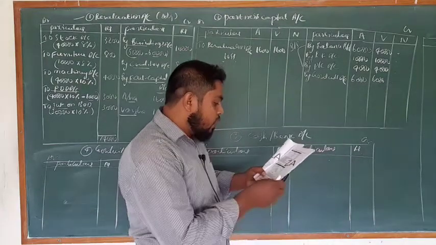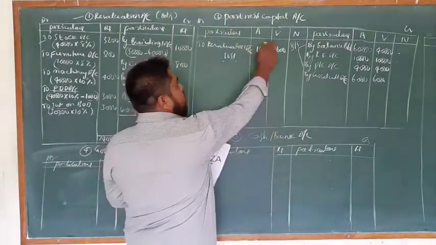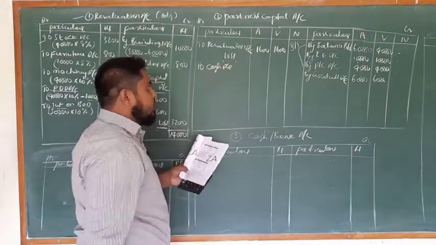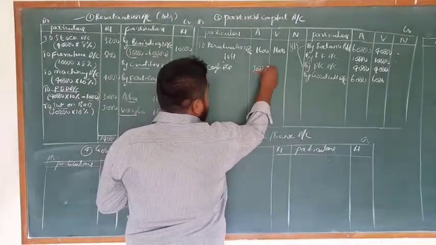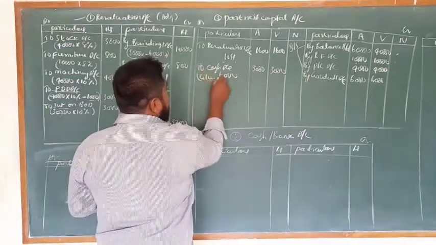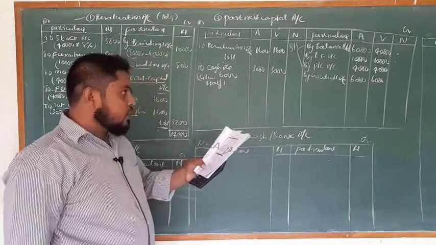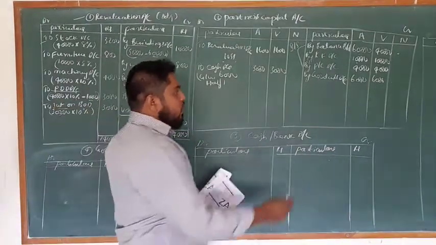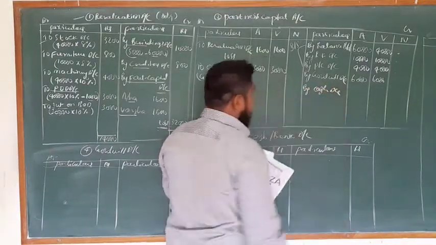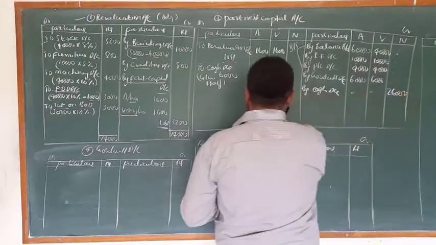Next, the goodwill amount withdrawn by the old partners. Half of the goodwill amount is withdrawn by Asha and Varsha. It means they are taking cash here. So half amount, that is 6,000, so 3,000, 3,000. So half the goodwill amount is withdrawn, 3,000, 3,000. Next, the new partner's capital. The new partner Nisha has brought 26,000.